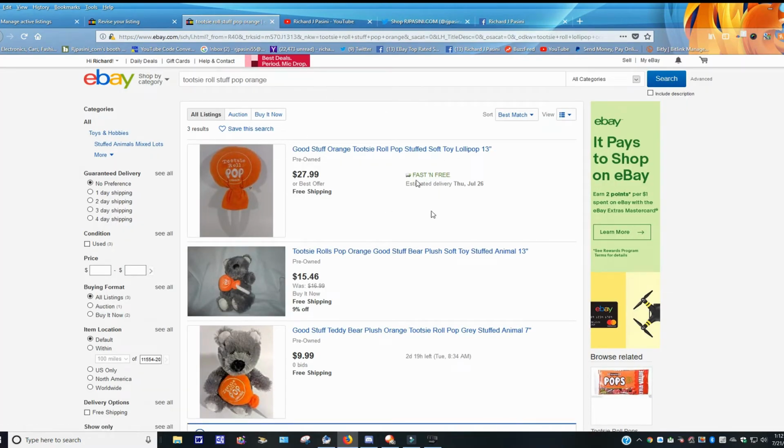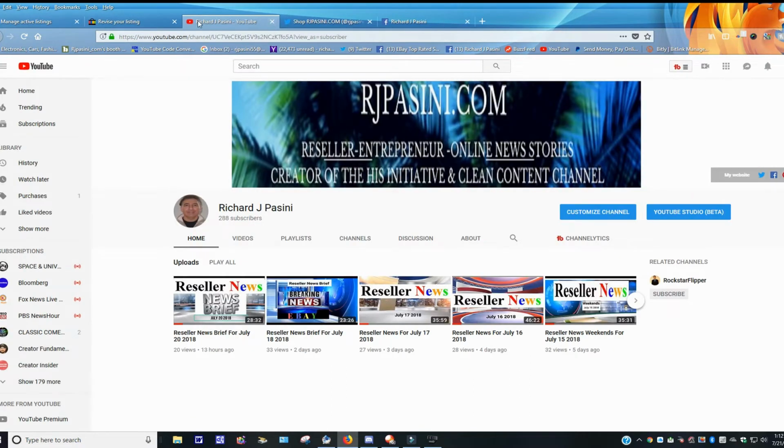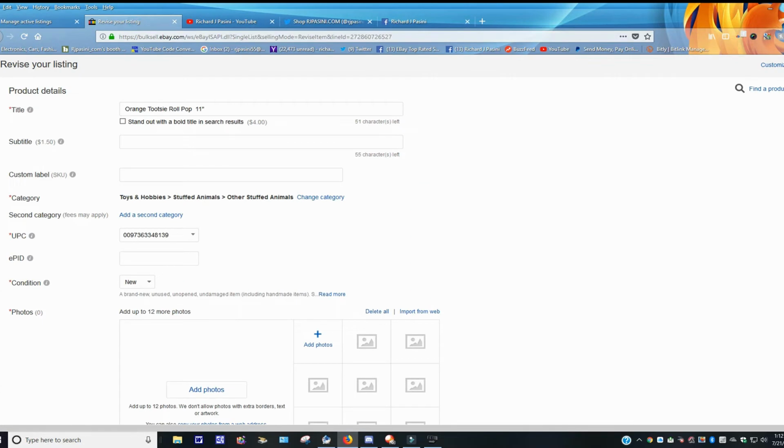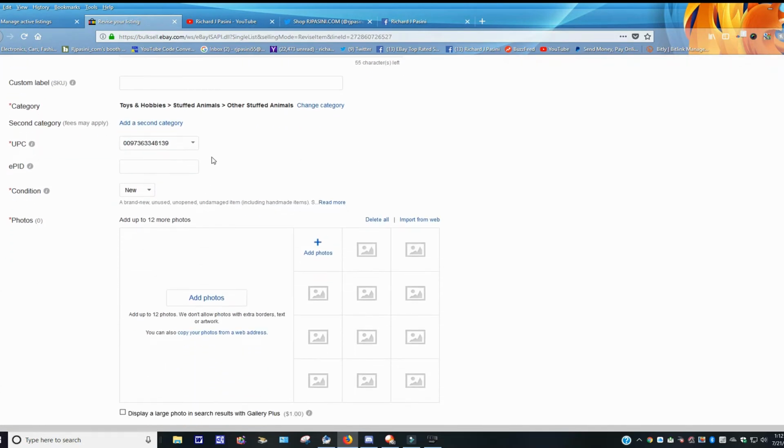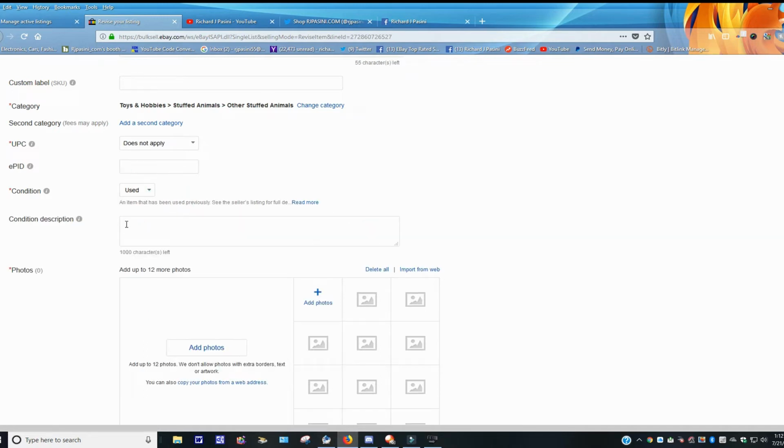Once you have this information here, back out of this screen, because you don't want to confuse yourself. Now you want to go back to the screen you're on. UPC code does not apply. This is used. You want to write something in here. I don't know, you could just say something like, this item